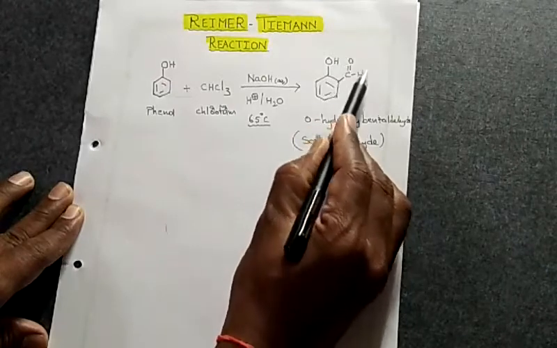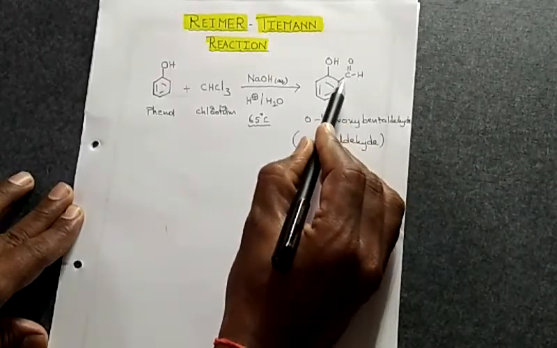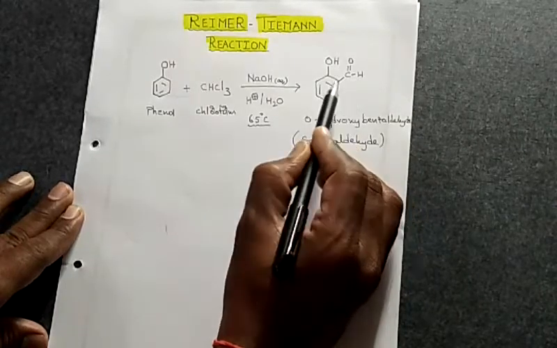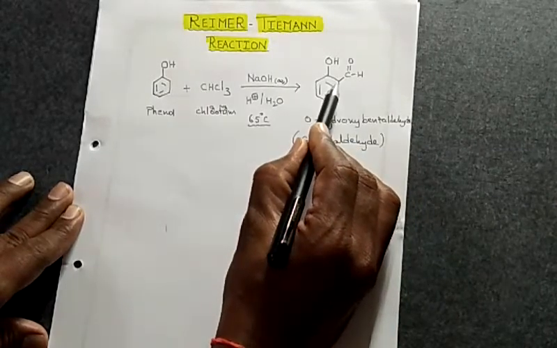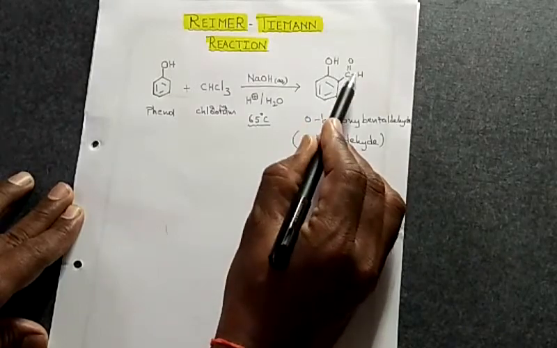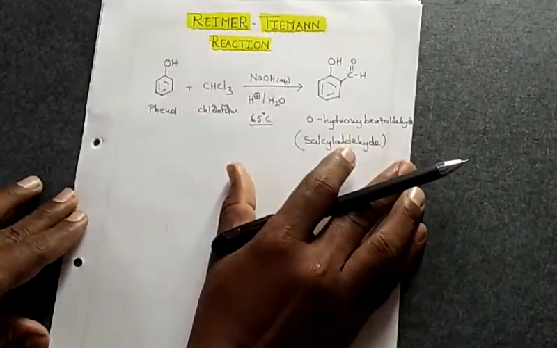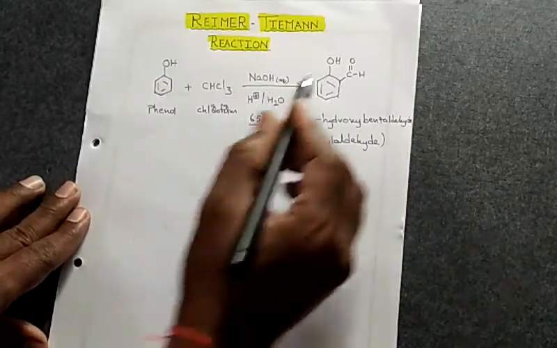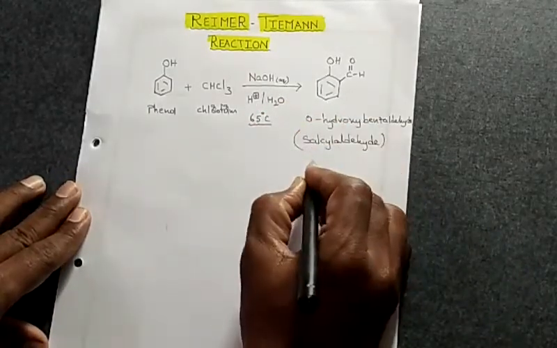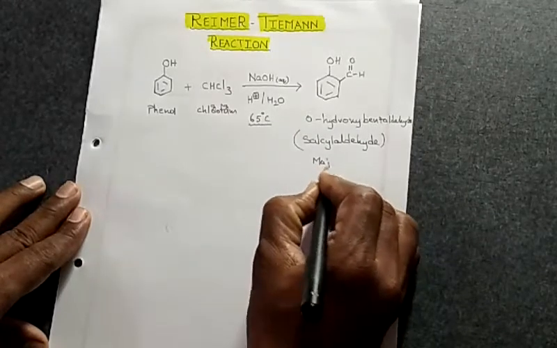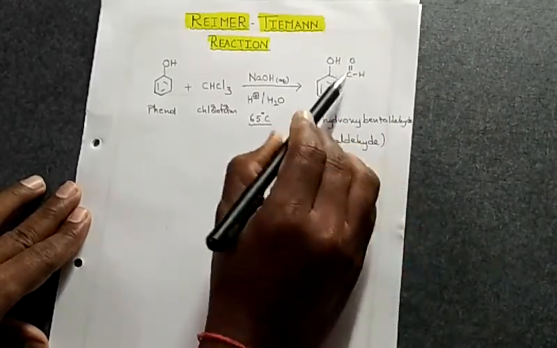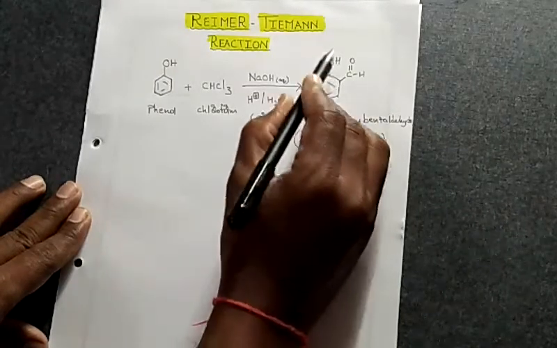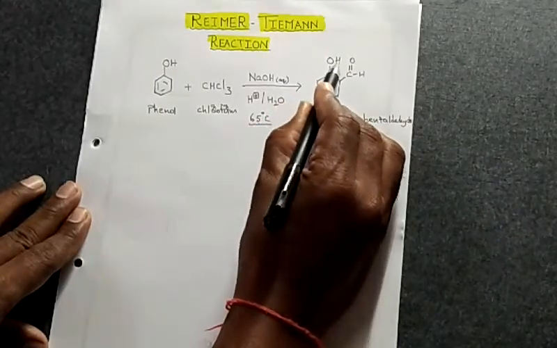That means the formylation is taking place. The C double bond O H group, generally referred to as the formyl group, is going to get substituted at the ortho position. So, simply the formylation reaction. This is the formylation reaction, first point. The second note you have to make is, why do we say only the ortho product is the major product? Because if the CHO group gets substituted at the ortho position, already in the phenol molecule there is the OH group.